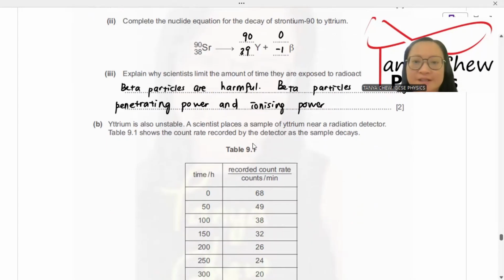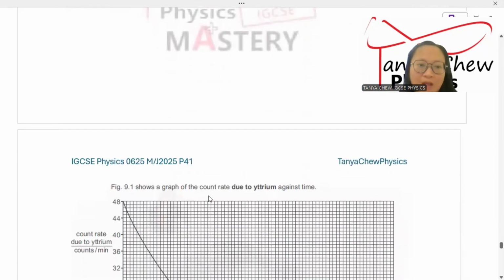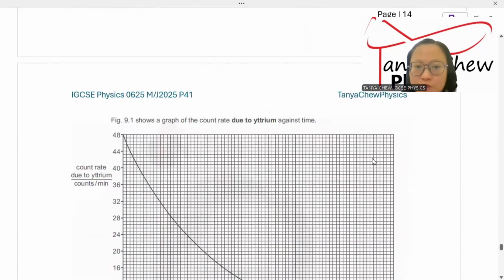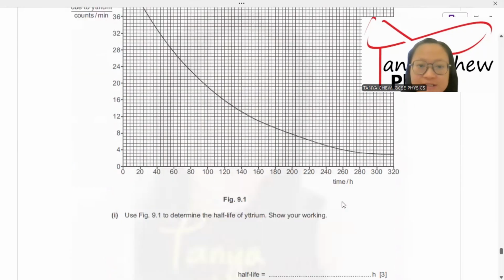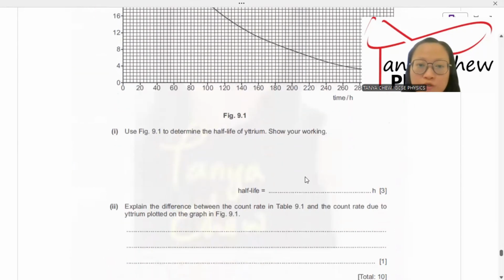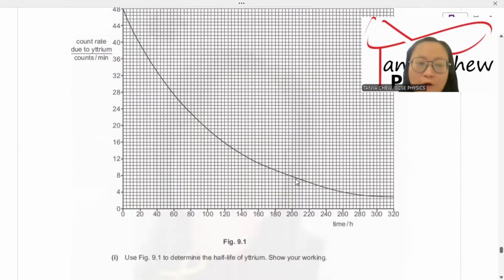A scientist places a sample of yttrium near a radioactive detector. Table 9.1 shows the count rate recorded by the detector as the sample decays. Now, Fig 9.1 shows a graph of count rate due to yttrium against time. Use Fig 9.1 to determine the half-life of yttrium. Show your working. Half-life of the yttrium, since the graph is being given,